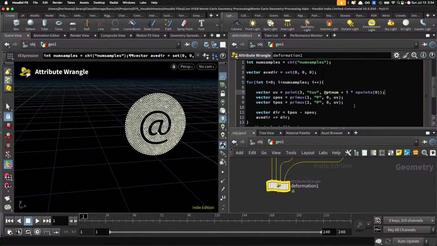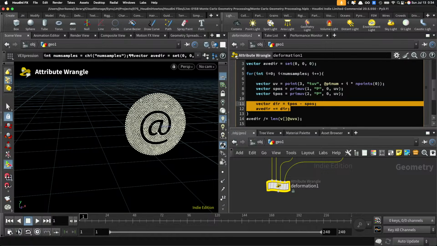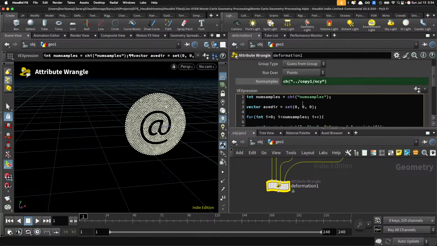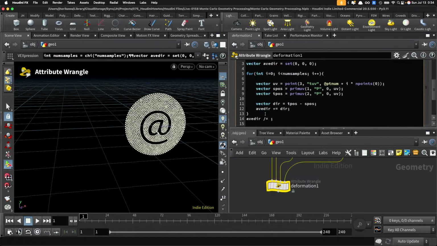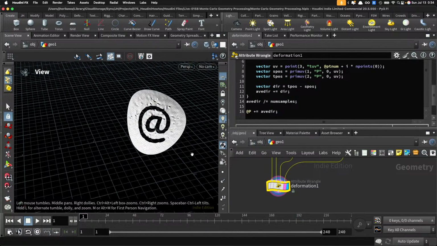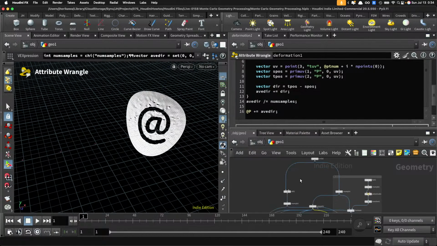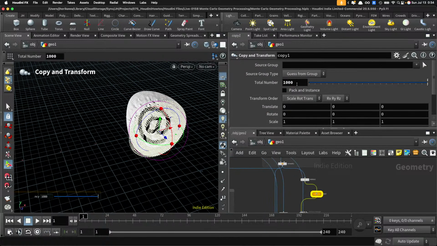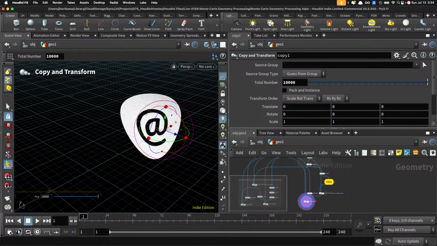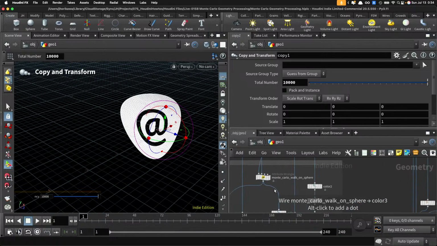Then you can use this UV to get the source point positions, target point positions, and use a similar method here. Instead of dividing by the length of the UVs, use the number of samples, and all the rest is the same, and we'll get a similar result. In this way, it's a bit faster. By changing the samples to 10,000, you can see that the result becomes a bit faster than this method, just having all the loops within one